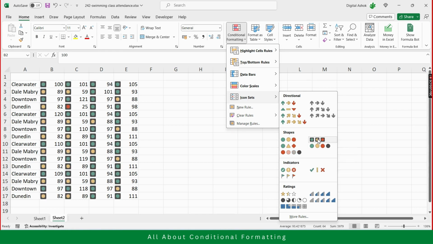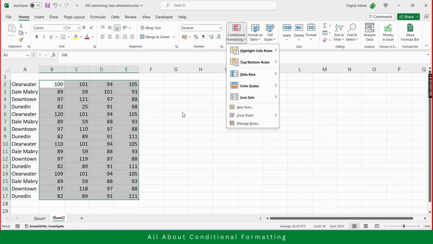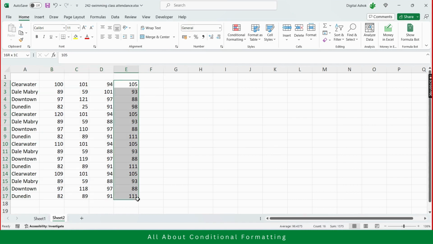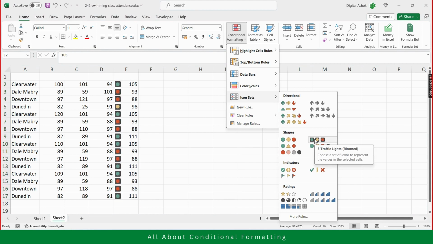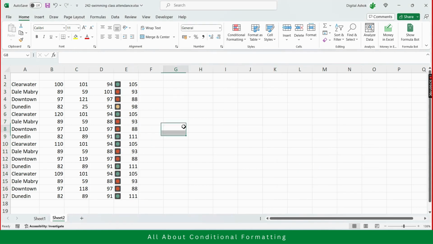Okay, so now we'll try to apply. What we'll do is, we'll select only one column so that you will get full clarity. Icon sets, and we'll try to apply the traffic lights, 3 traffic lights rimmed. So this is how the data will look. Here you can't delete that traffic light by clicking on delete or something. You have to clear it by going to conditional formatting only. And now whatever the red color is there, is it for the highest values or lowest values? So where you can see that,